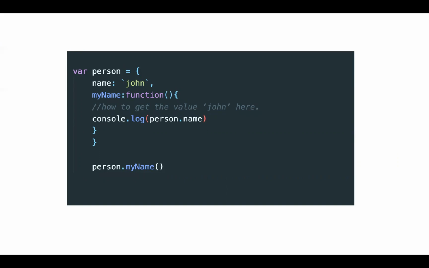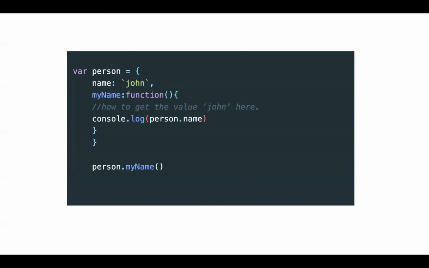So how can I do that? Again, using dot notation, console.log person.name. If I just run it, I should be able to get the value as John. If there is a different object, I should be able to just pass in var person2 and then console.log person2.name, and it will always give me that particular name.